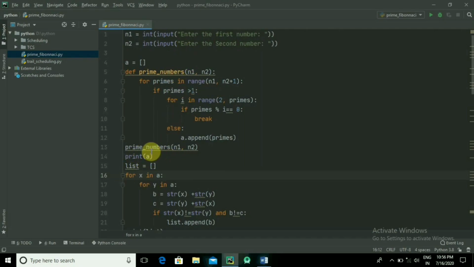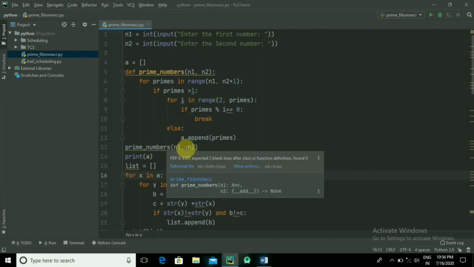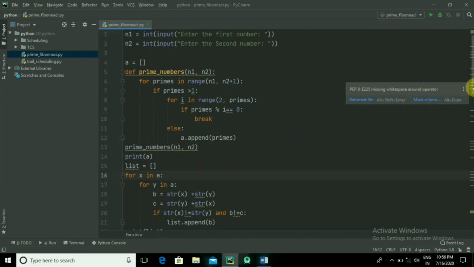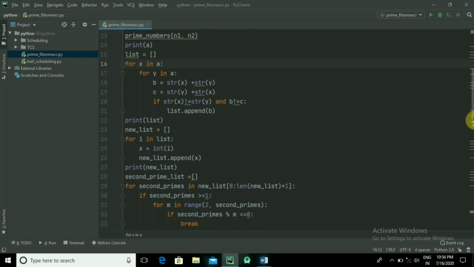We have to call it prime numbers n1 and n2. It is done now. Our second step is to find the unique combination. For that I am using strings. If I take a 2-dimensional array, what if I take